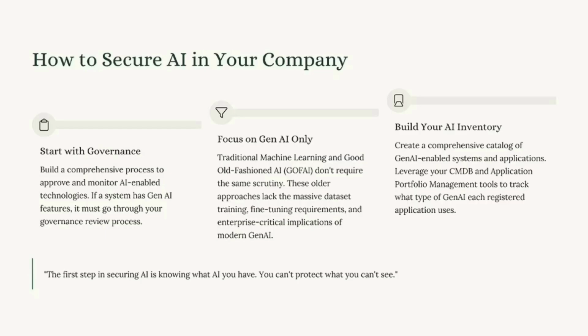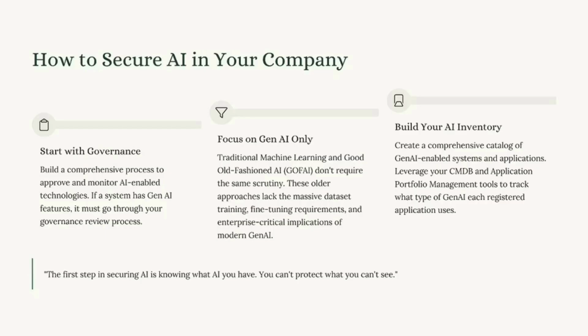At PPL, we have taken a process where every new use case for AI has to go through a governance review. Some of the technologists review it, and then some of the leadership reviews it, and then we approve it. So we have a sense of what's in our environment. This is key. Also, we're not gonna focus on things like good old-fashioned AI. Machine learning and AI has been prevalent for years and years. There's lots of tools out there. The more prevalent use case nowadays is Gen AI and agentic AI. We're gonna get into that a little bit.